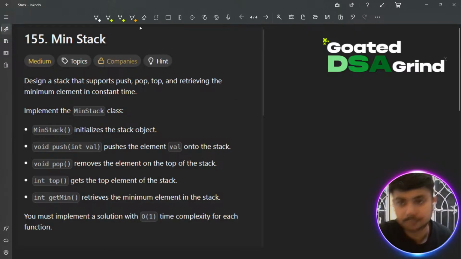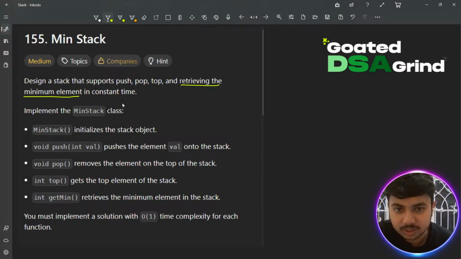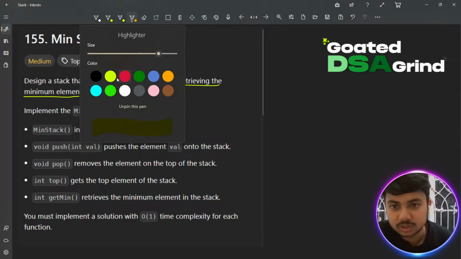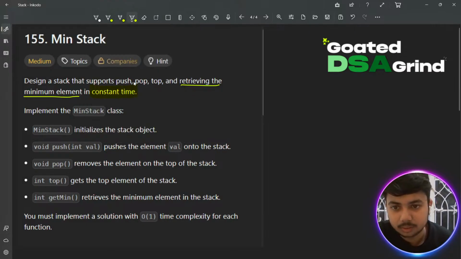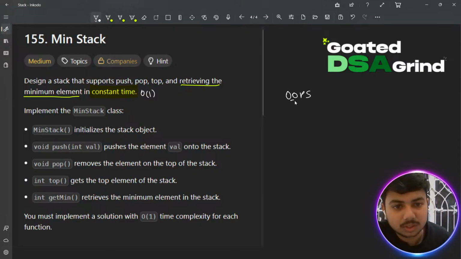Min stack. Design a stack that supports push, pop, top, and retrieving the minimum element in constant time. In constant time, that is order of one. Okay, वो वन में हमें देना है सारा चीज। Implement the min stack class। ठीक है, यहाँ पे हमारा एक कॉन्सेप्ट ऊप्स का भी थोड़ा सा देख लेंगे हम